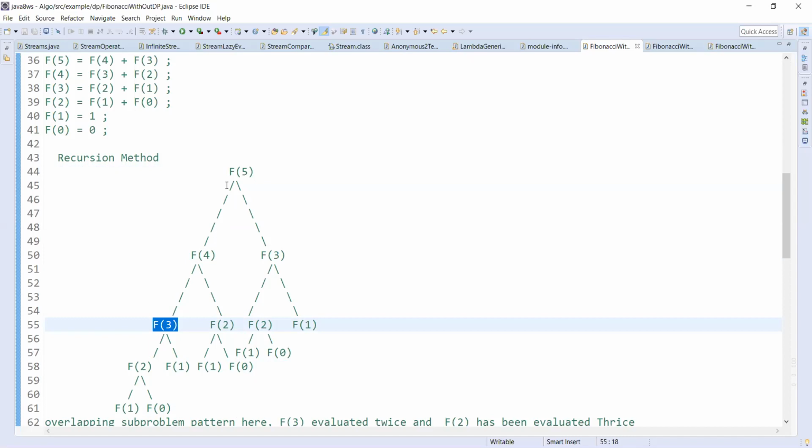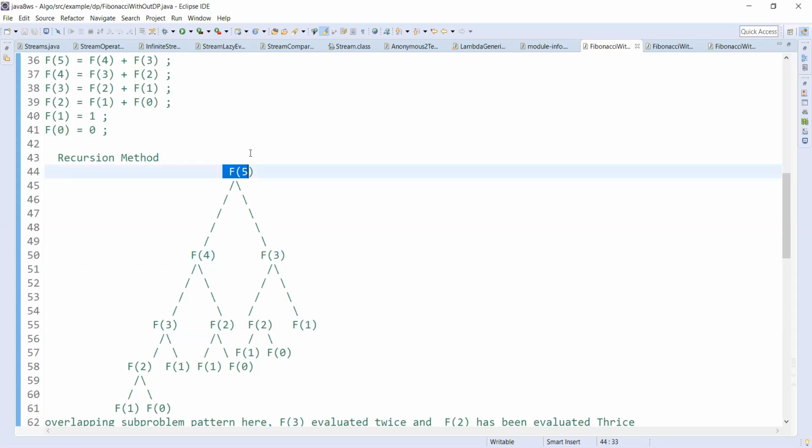In this approach, when we calculate this one, we save it somewhere in memory, and when we come here, we don't go through the solution. I mean, we don't find f of 2 again. We just return the result from the memory. So we're still doing the recursion, but we are avoiding the duplication. And this is top down.